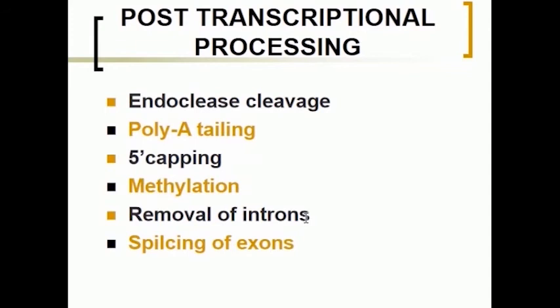Then we have come to the end of transcription. So we have seen about transcription. It involves three steps: initiation, elongation, and termination. Initiation is by RNA polymerase. It goes and binds to the start site of the promoter region, and the unwinding of the two strands is done by the sigma factor, which is bound to the RNA polymerase.